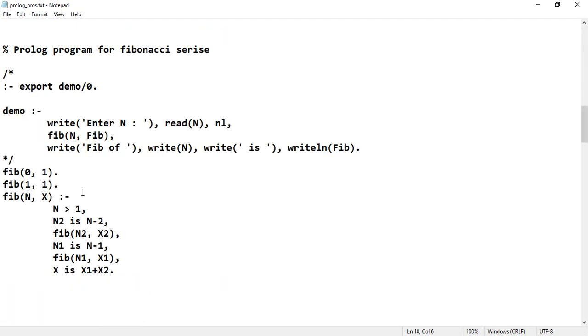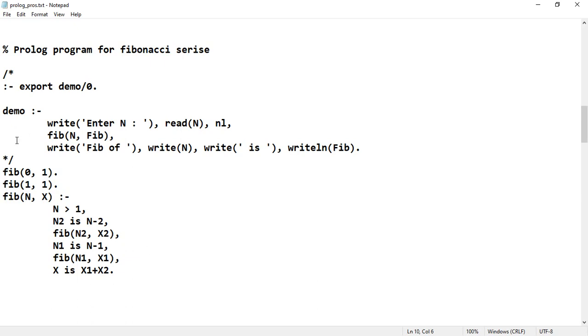Next, Prolog program for the Fibonacci series. In this Fibonacci series, as I told you previously also, always write the terminating conditions first. fib of 0 gives 1, fib of 1 gives 1, then fib of N and X: if N is greater than 1, then N2 is N minus 2, fib of N2, X2, N1 is N minus 1, fib of N1, X1, where X is X1 plus X2.